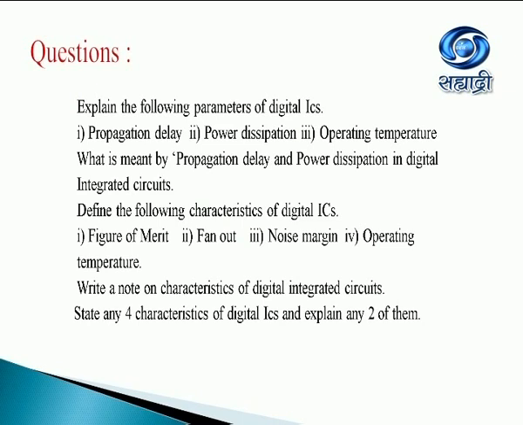Here, if the parameter is changed, I am just using the same question. Propagation delay time, we have already seen that we have to explain that in detail with characteristics. Power dissipation, again, as we have discussed, current, average current and voltage we have to mention. Here, in operating temperature, we have to mention 2 types. One is military and second one is consumer type. Okay, so 0 to 70 degrees and minus 55 to plus 125 degrees. That we have to mention.